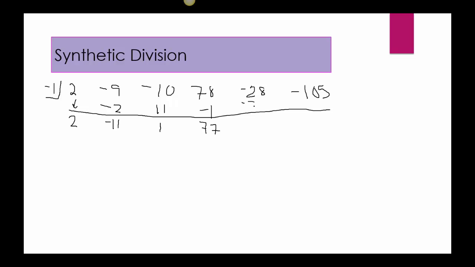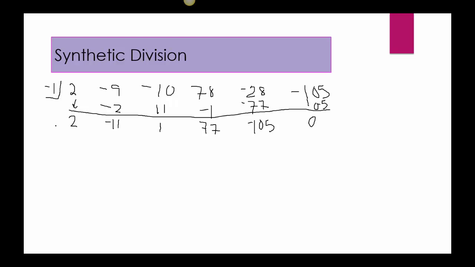I multiply by 1, now it's negative 77. When I add that to negative 28, there's no surprise, I get negative 105, so that when I multiply it by 1, there's 105, which gives me that 0 we wanted. All right, so we just went from x to the 5th down to x to the 4th, and if you go back to the solutions that we had,